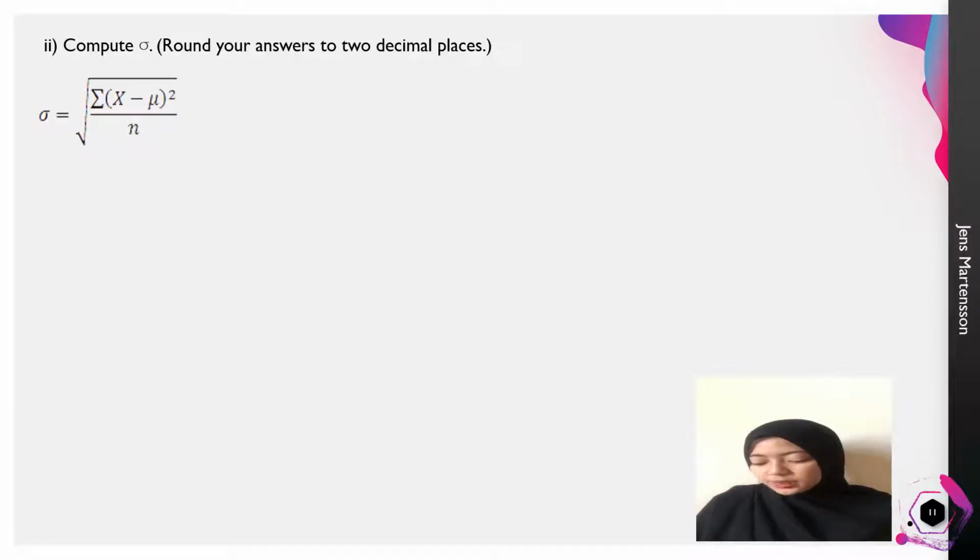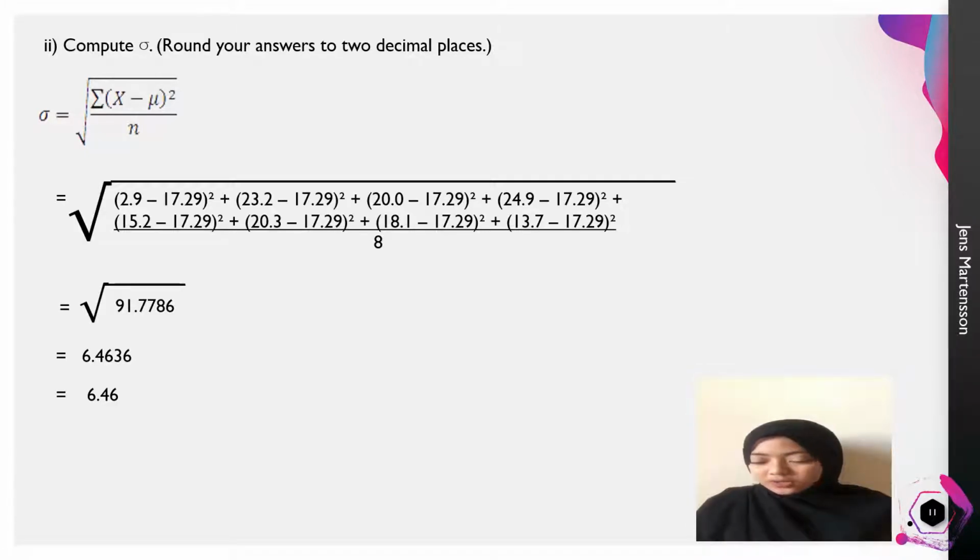The formula is square root of total of x minus mean to the power of 2 divided by the number of population. Insert all the data that we have in that formula and we will get the answer 6.4636,